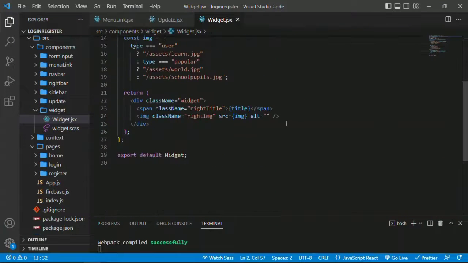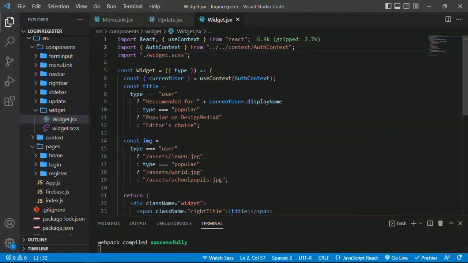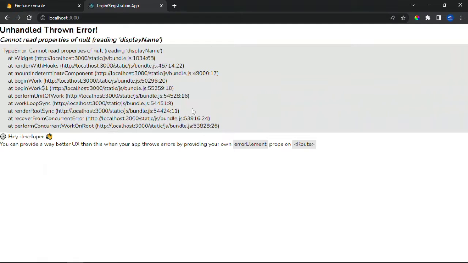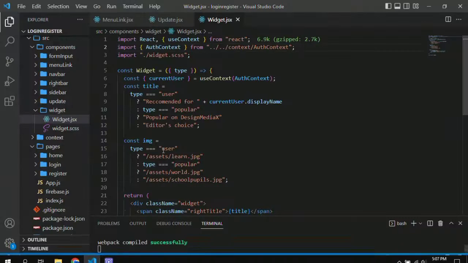Different components using the context API. So right now we want to have the ability to change our image. So when we refresh this, we get an error. The reason for that is because our user will refresh and sometimes our user